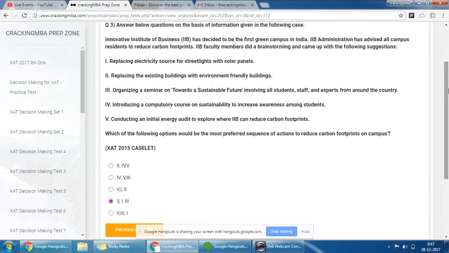Yes, guys, actually, that's right. See, the thing is, you never know, because organizing a seminar builds awareness, which can help in making it more sustainable. But again, if you want to argue in a different way, you cannot replace buildings overnight, correct? Can you replace buildings overnight, Ajay? It takes a lot of years to replace each building, right? Correct. Environmentally friendly building, yeah. Can you just replace one building and then get another building in that place just like that? It takes time, right? But conducting a seminar,